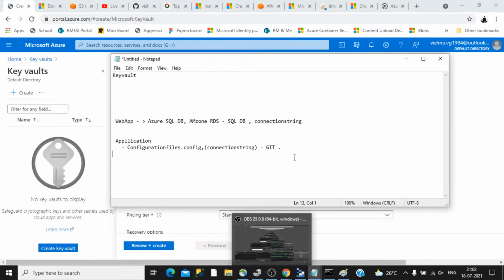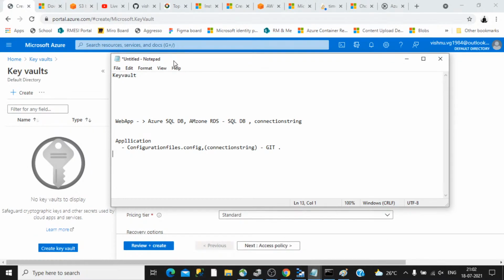To avoid that, the way Azure and the other cloud providers recommend is that you store this connection string in Key Vault.